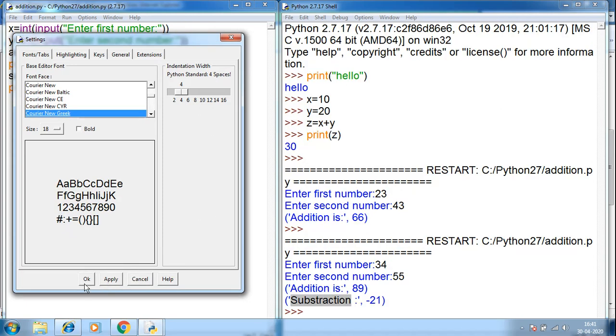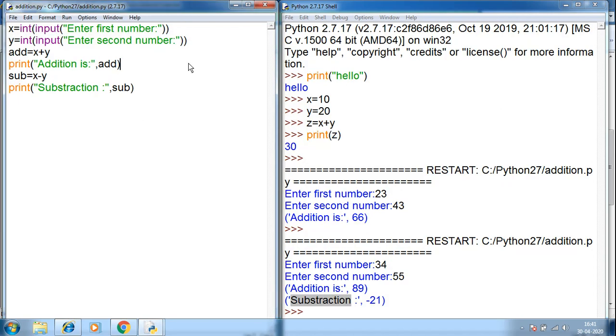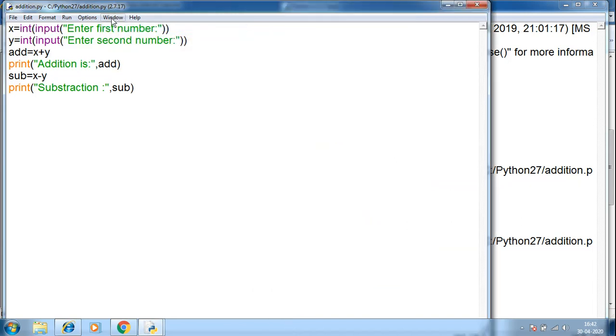Say Apply, okay. Accordingly the size of the font changes. You can zoom the height of the window using this.